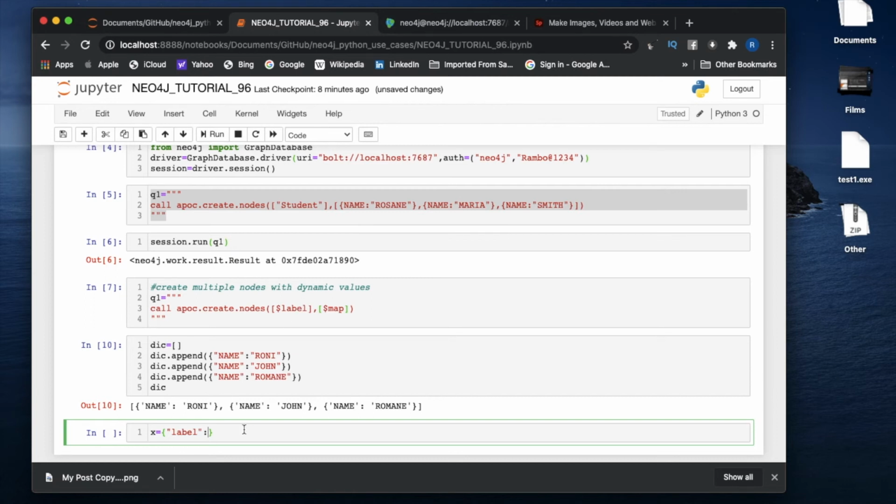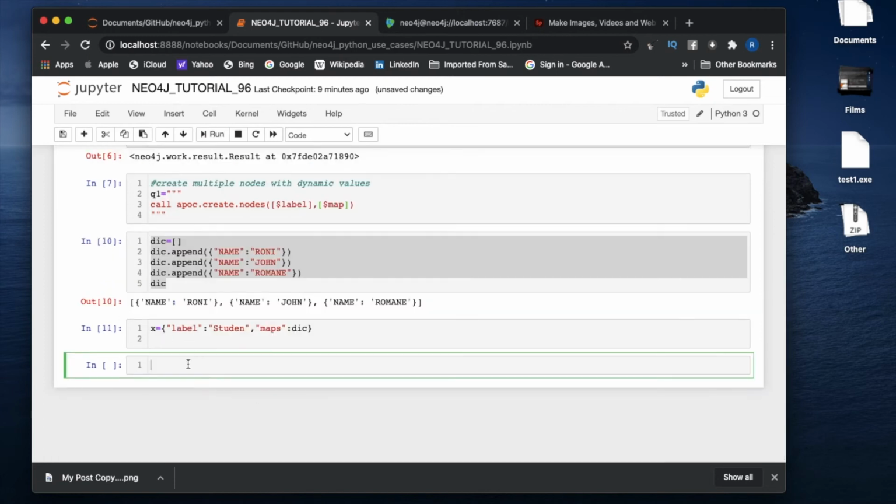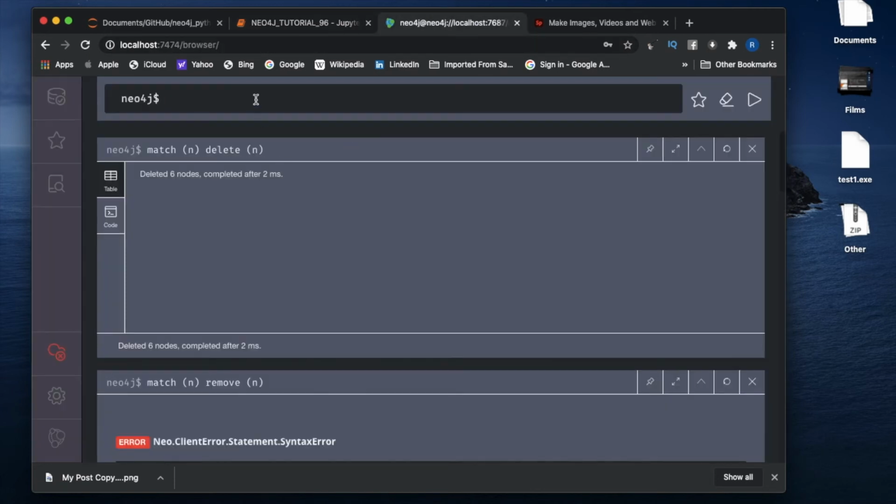This is going to be student. I also have to write this down: for me the map is going to be this dic. So in the list every element will be like this.